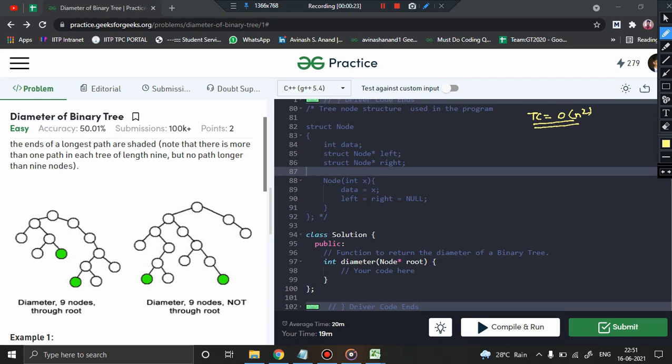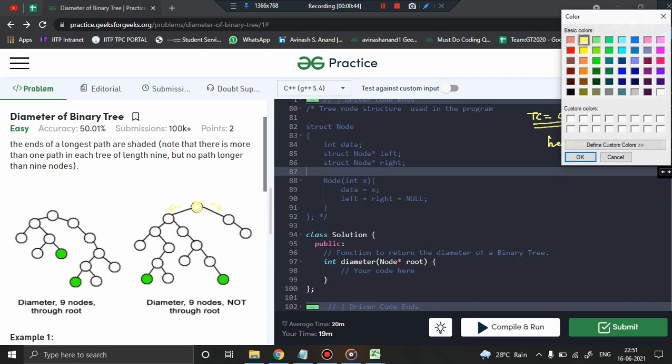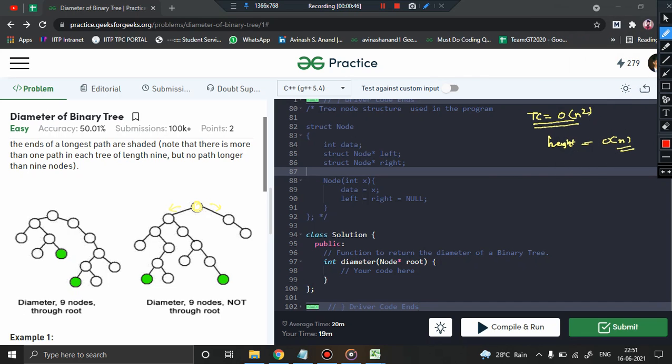The reason was very simple, because we know that the time for computing the height of a tree, the function that we had designed, took order of n time, right? And moreover, we also saw that whenever we are visiting any node, at every node we are doing a call for finding the height of the left subtree and finding the height of the right subtree, isn't it? At every node, in the previous approach that we discussed, we were computing the height of the left subtree and computing the height of the right subtree.